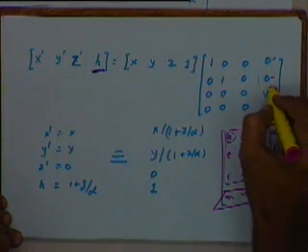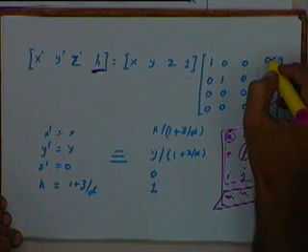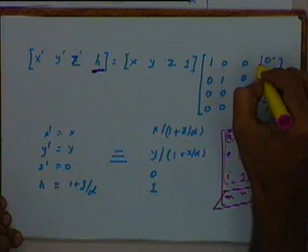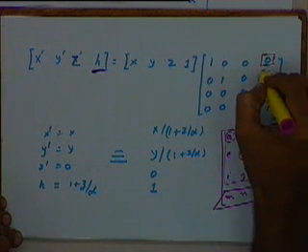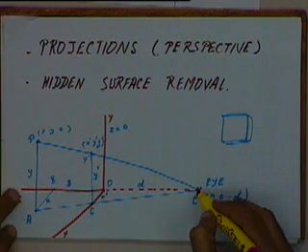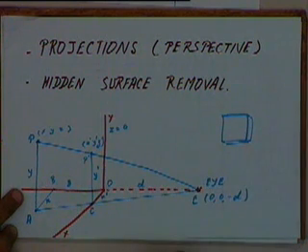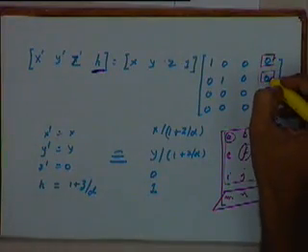Okay, right now we are getting only one term over here. Under what circumstances will these two terms be non-zero? Anyone? When the eye is along the x or y axis. Right now we have taken the eye to be along the minus z direction. If the eye is in the minus x direction or in the minus y direction, in that case we will get non-zero terms in these two positions.